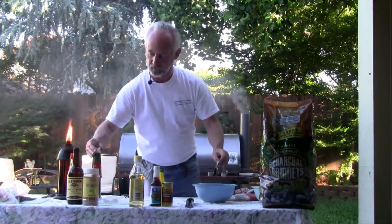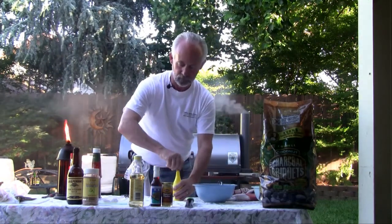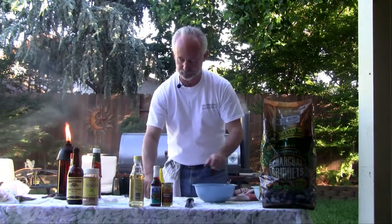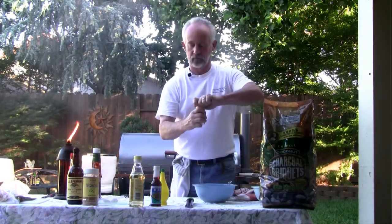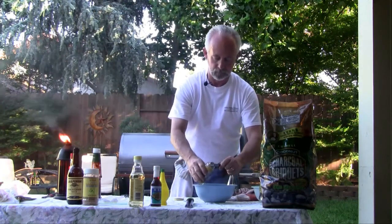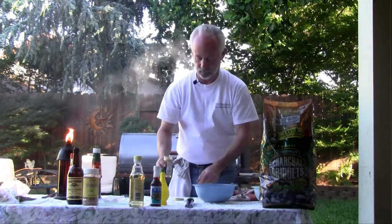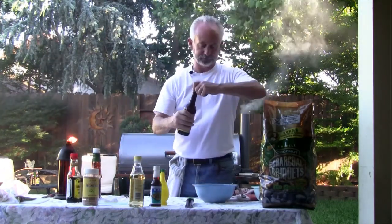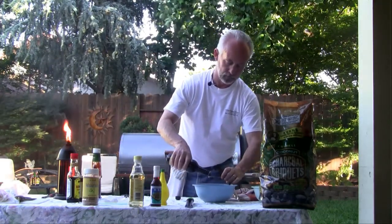Teaspoon of lemon juice. 2 teaspoons is what we need now. We're gonna kind of wing it on that one. About there. I need a teaspoon stone ground mustard, so 2 teaspoons. 1, 2. Teaspoon of Worcestershire sauce. 1,